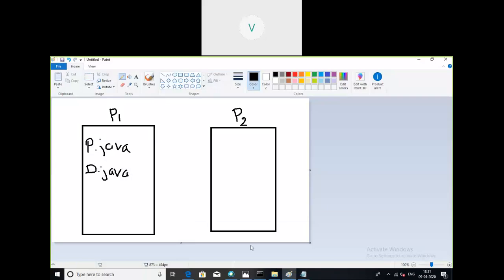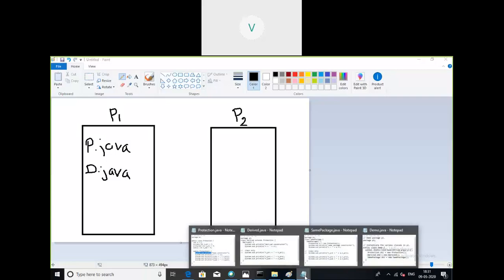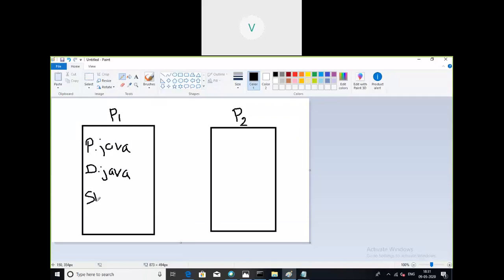Derived.java, they are present in the same package. Same package.java and demo.java.